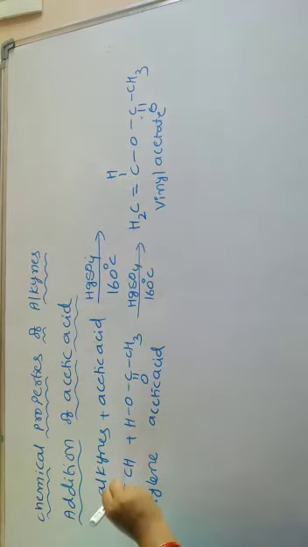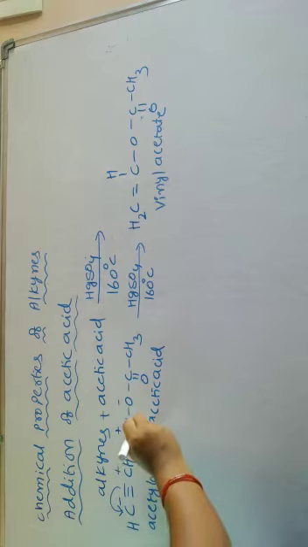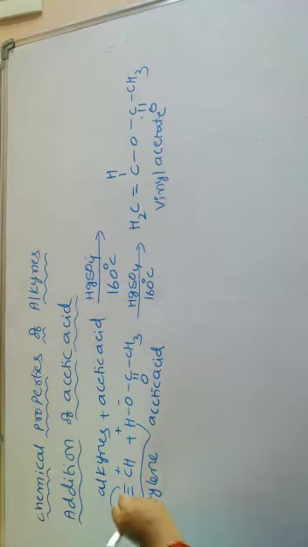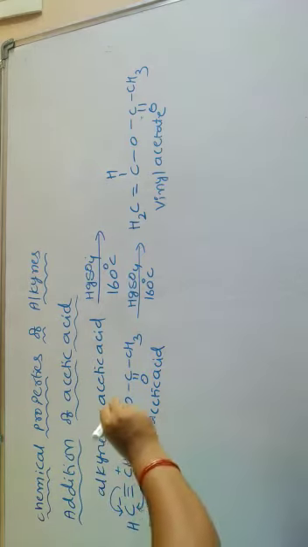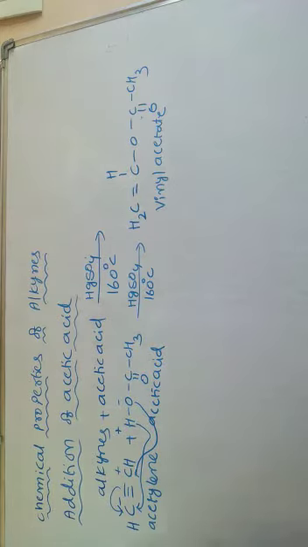One of the pi bonds is shifted towards one carbon. During this, one carbon attains a negative charge and the other carbon attains a positive charge. Due to the high electronegativity of oxygen, the oxygen has the negative charge and hydrogen gets the positive charge. Then the positively charged hydrogen attacks the negatively charged carbon, and the negatively charged oxygen attacks the positively charged carbon of acetylene and forms the corresponding vinyl acetate.